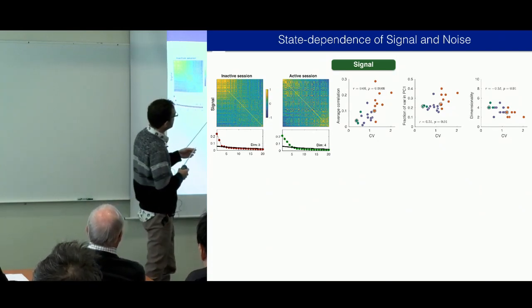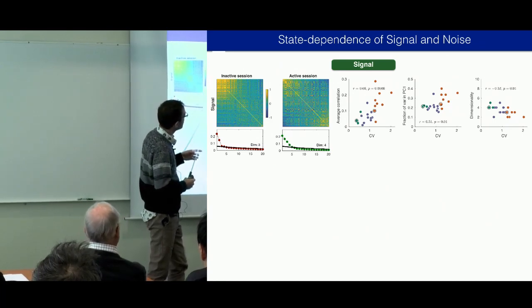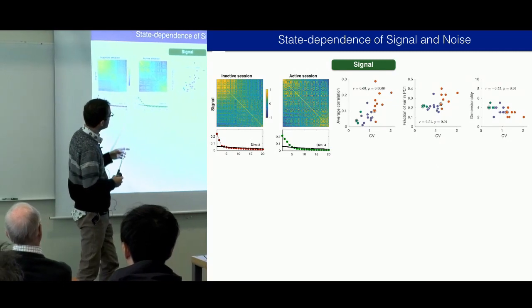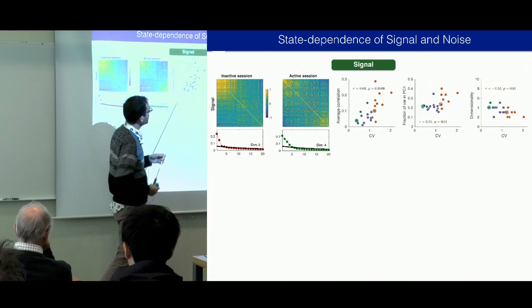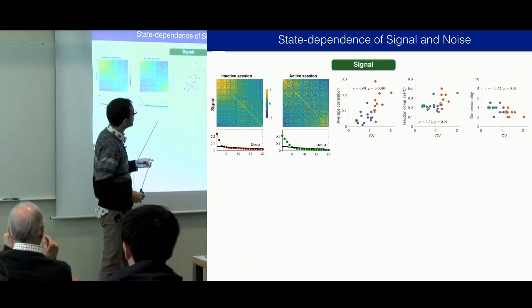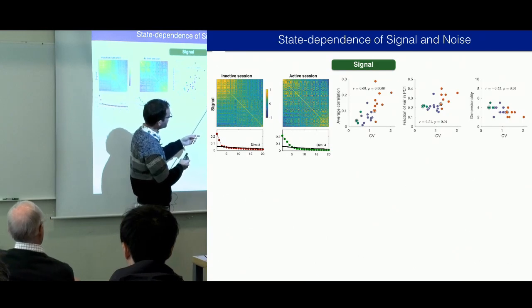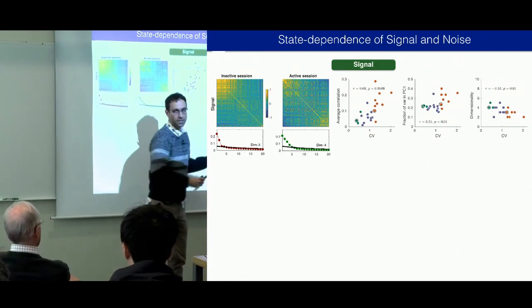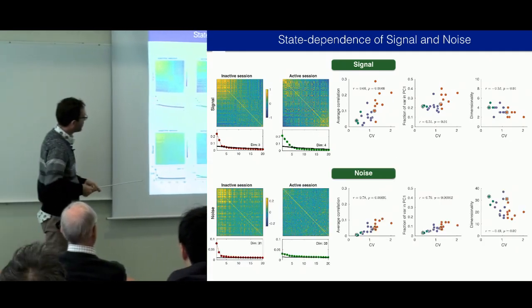And so you see that for the signal, the average correlation, which is the mean of the elements of the matrix above the diagonal, increases with synchronization. The fraction of variance in the first principal component also increases, and dimensionality with this criterion decreases. Okay. For the noise,